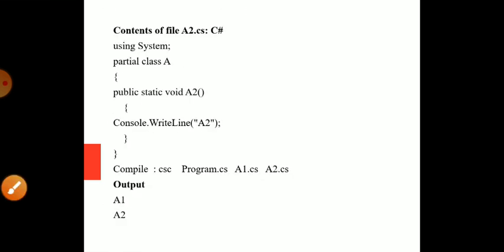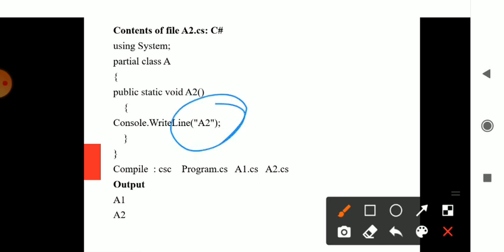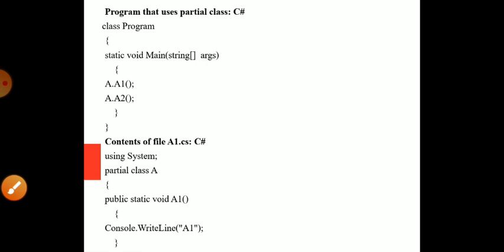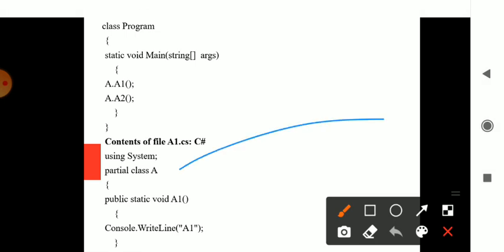It is printing the a1 and a2 messages. That much is there. But it is said to have two partial classes of A which are divided. They have separate methods, doing their own tasks. Now the main aspect is how to execute this program. In the main method, through the class you are calling the a1 method, and through the other part of class A you are calling a2. Both are being called.